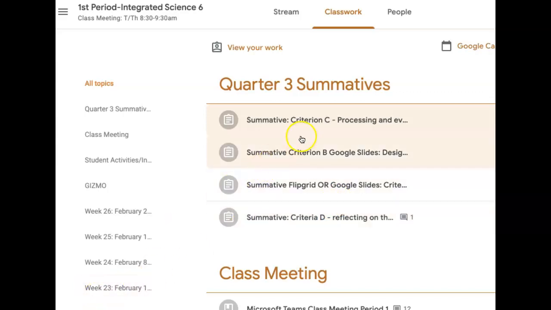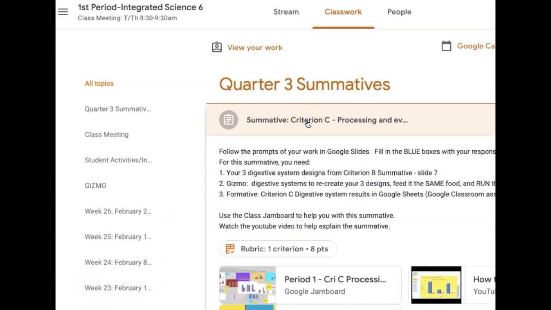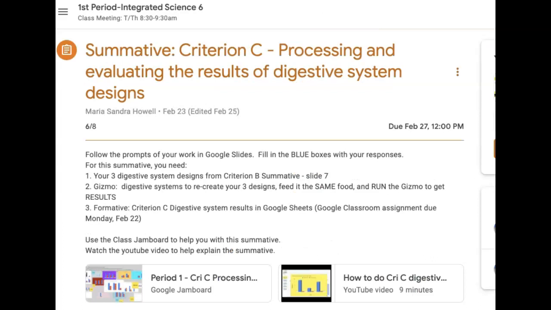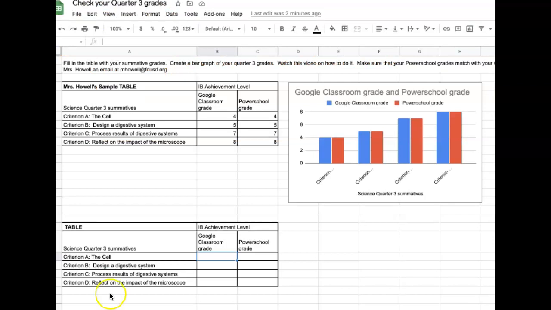And if you open one up, then you will see that the grade is right underneath my name, under the title of the summative, right here. Okay, so for this grade, this is a 6 out of 8. So go back to the assignment, Google Sheets, and for criteria C under Google Classroom, you will type